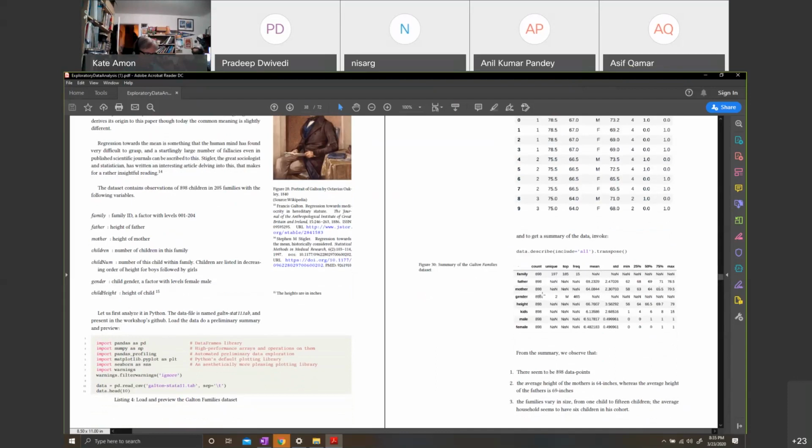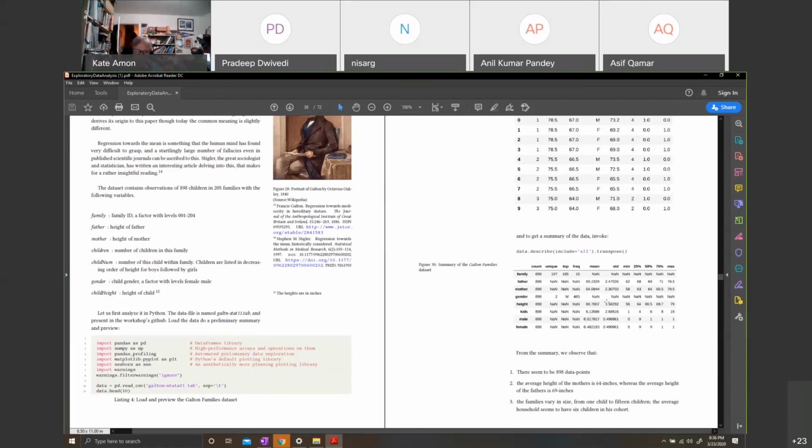So for example, these are all in inches. Let's look at the average height. The 50%, the mean height. So clearly the mean height is 67. It is averaged over both male and female, right? The data seems to have a little bit of asymmetry. About 51.7% of the people are boys, and 48.2% seem to be girls as children. Right?